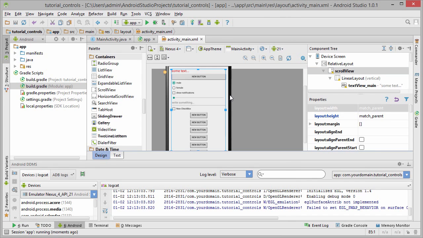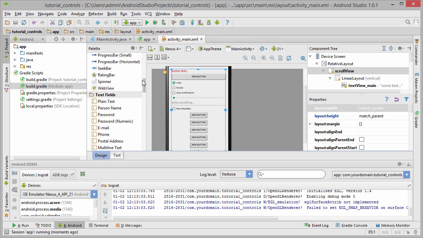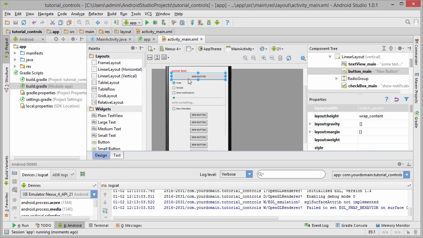Now for the homework. You have to take these controls and play with them. I'm not going to tell you specifically what to do, but for example, write another text here with another color and make it 2 times as big. Put this button a nice text. Change this to, for example, look